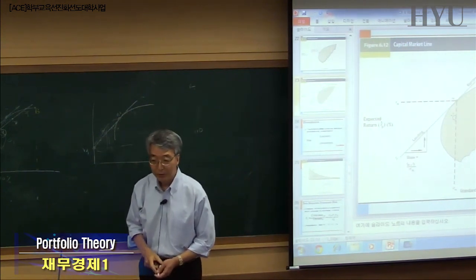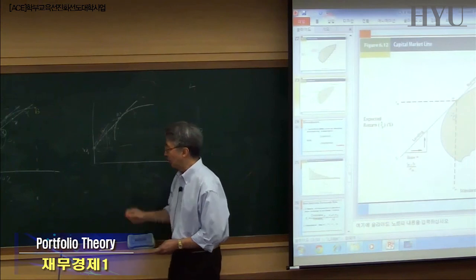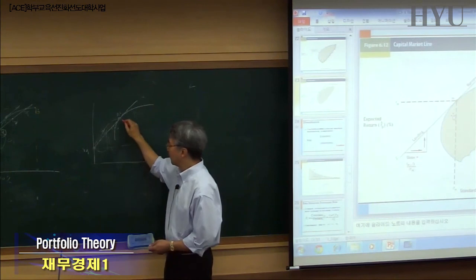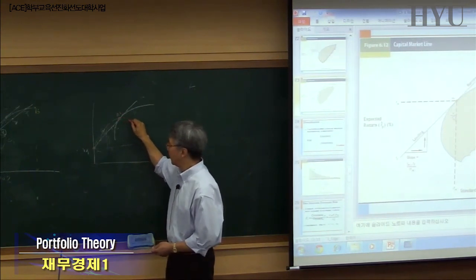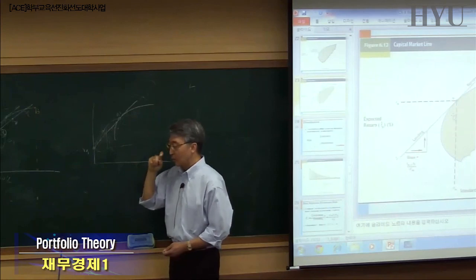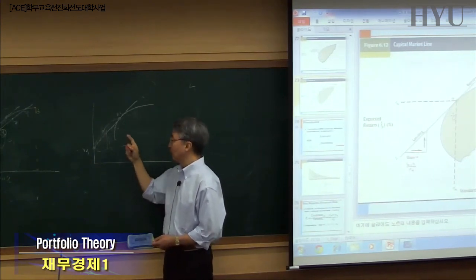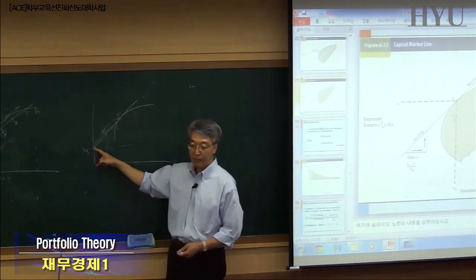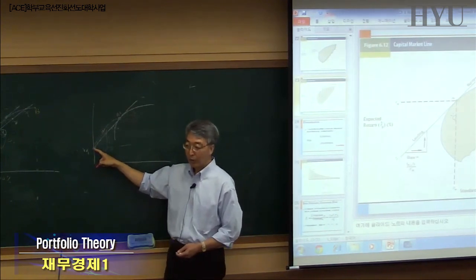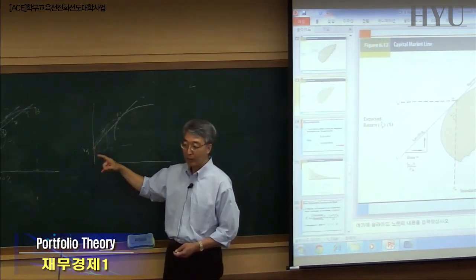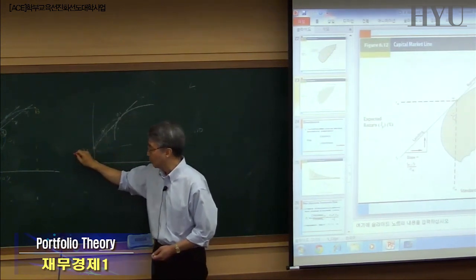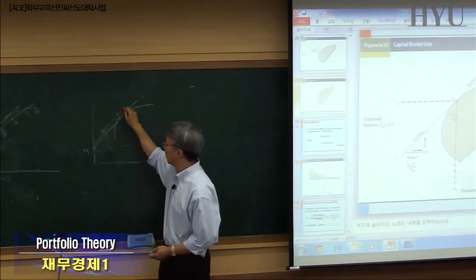If you can borrow at the same rate, right? Let's say you have $1 million, so this is a $1 million combination, right? So you can put the entire 1 million here. That means you're not borrowing, you are not lending, right? If you put the entire 1 million here, that means you're lending the entire $1 million to the government. Or if you can borrow $1 million from the government or from someone at the same rate, let's say a 3% rate, right? Then you can extend it.